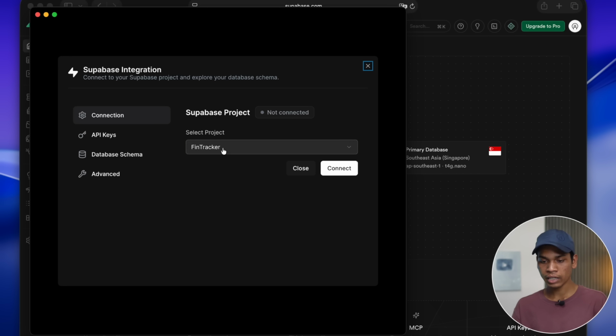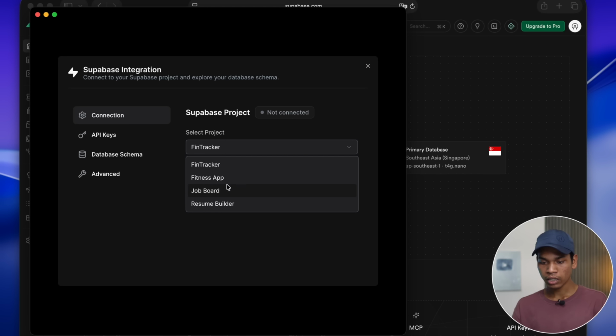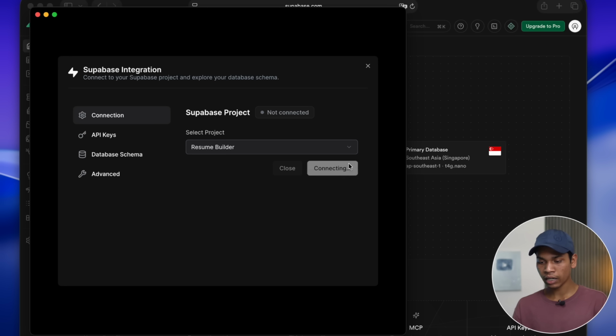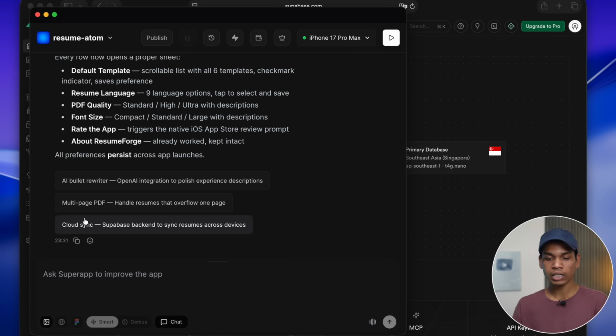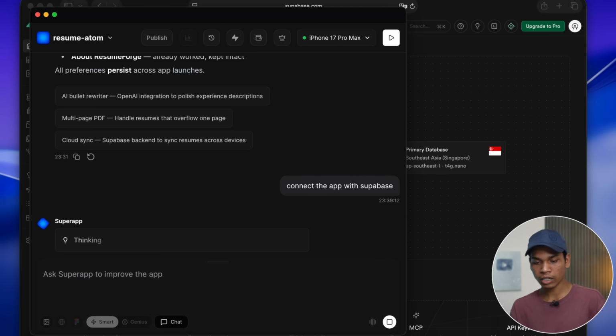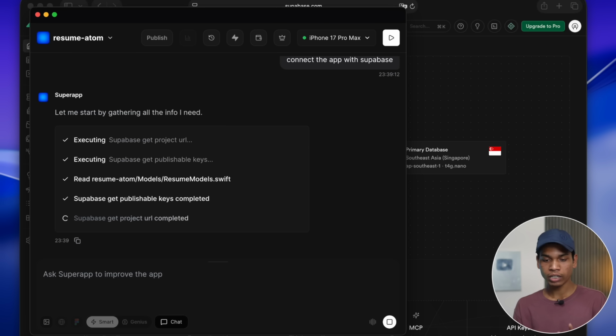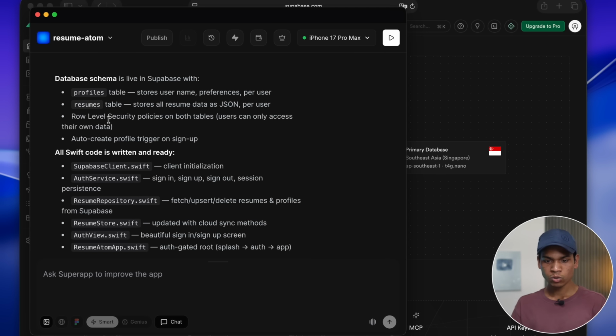Now if I click here on Supabase projects, you can see here is the new project I just created, resume builder. I am selecting it, and then I am clicking here connect, and after that you have to click here cloud sync, or you can just type here connect the app with Supabase, and now it will just start working on the Supabase integration, and then I will show you what it is doing. Here you can see it is showing database schema is live in Supabase with profiles table, resumes table. So it has created some